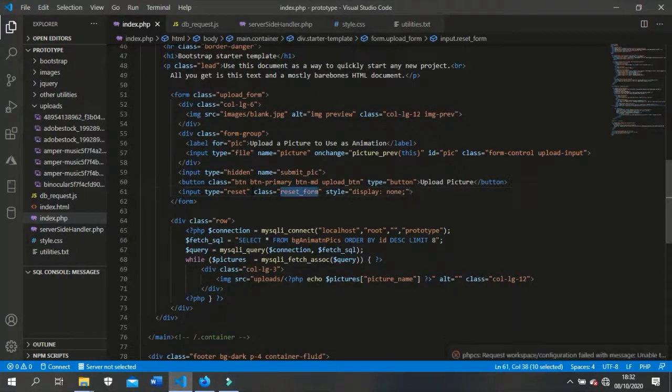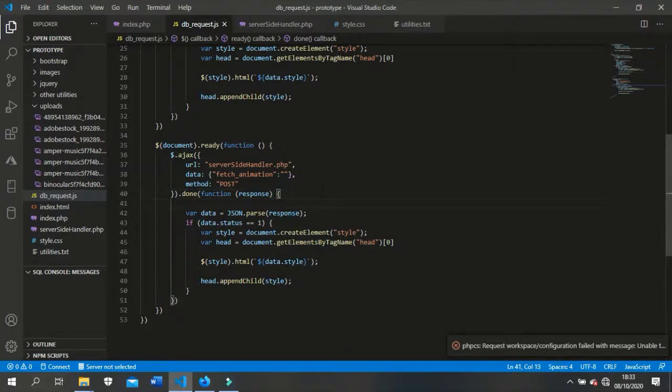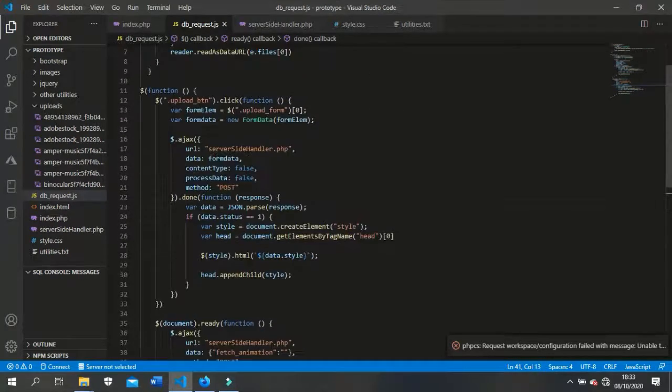Now we're going to set. Now when it is done submitting